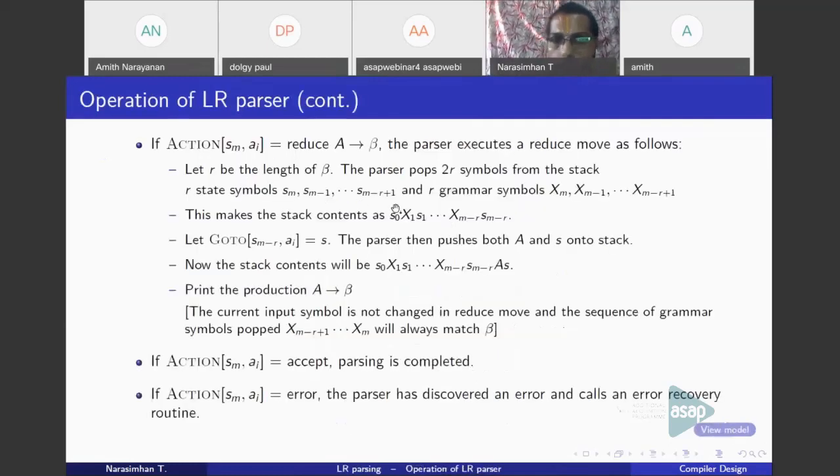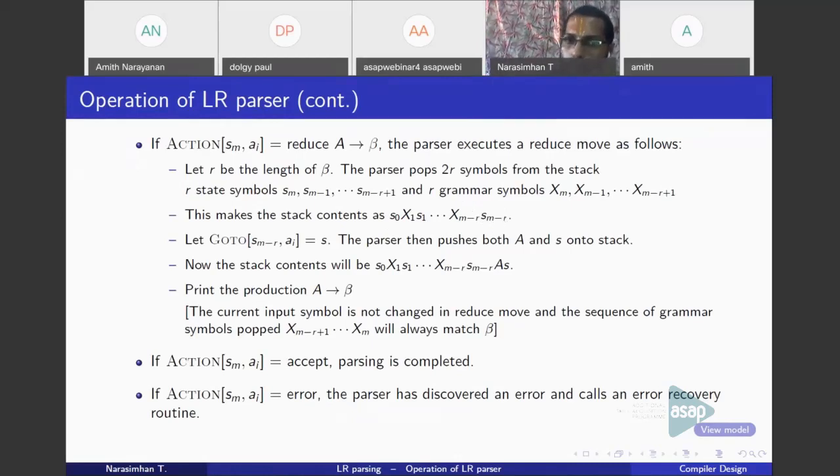Once you pop the 2R symbols from the stack, the stack contents will be like this: S0, X1, S1, and so on up to X M minus R, S M minus R. So S M minus R will be the top state symbol.